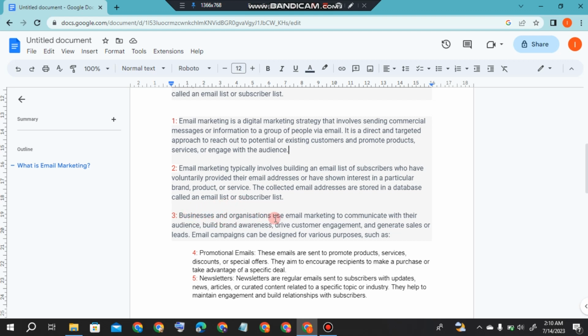Businesses and organizations use email marketing to communicate with their audience, build brand awareness, drive customer engagement, and generate sales or leads. Email campaigns can be designed for various purposes such as promotional emails,